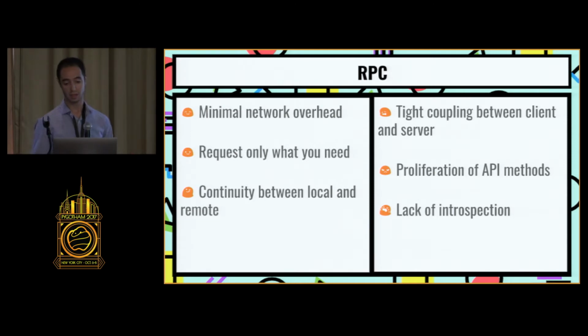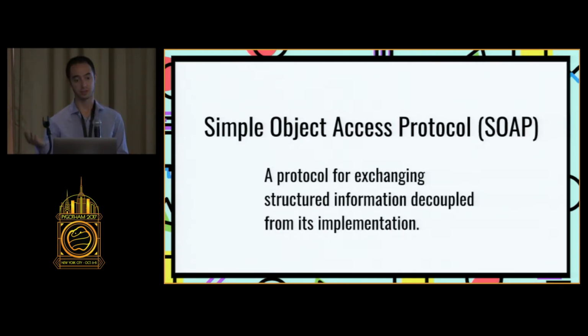And for some domains, this is okay or even good, but it's considerably less flexible than something that is purely data-driven. More important is the proliferation of API methods. In theory, you always start out with a small, thoughtful API surface, and then it's a real project, and you start bolting on methods. This can be especially problematic when, over the lifetime of a project, you change names for something, right? User becomes customer, or something like that, and you have all kinds of duplication. Sure, some of this could have been solved with documentation, but we don't even have that now.